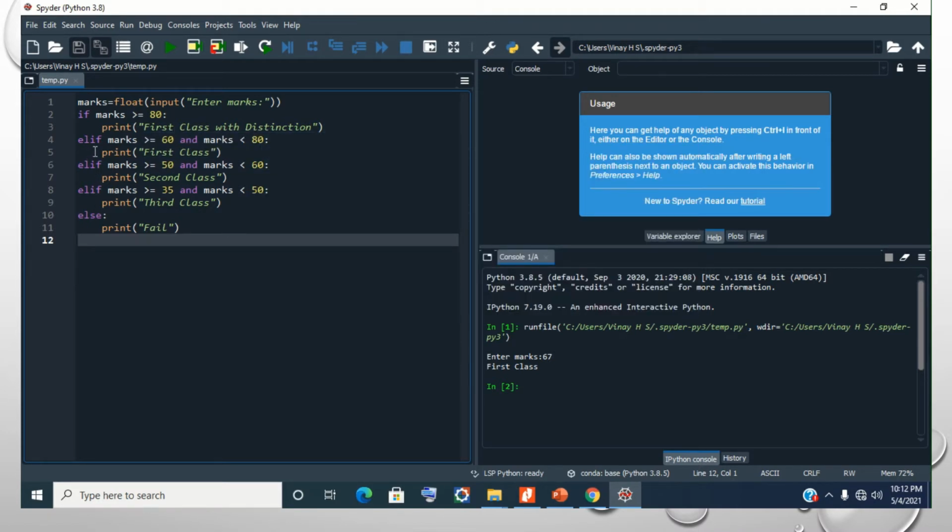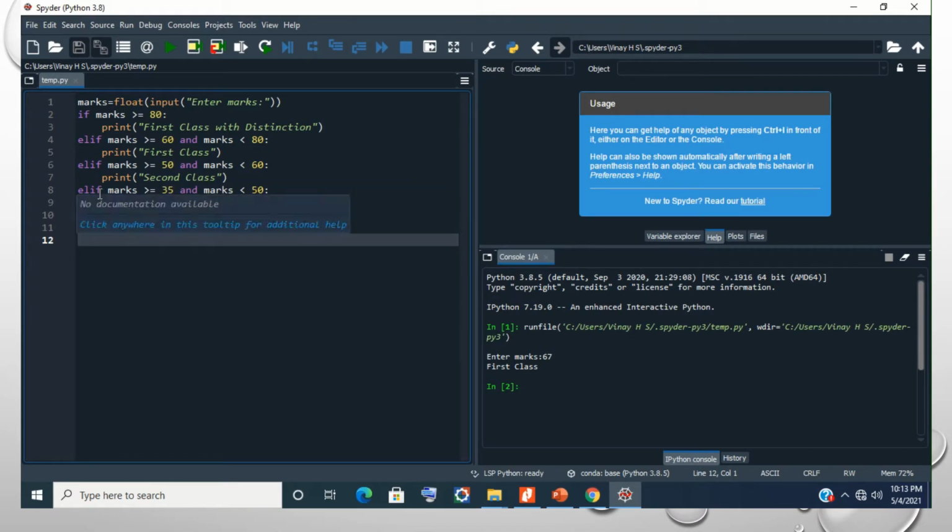Else if, again we declare one more condition: marks greater than or equal to 60 and marks less than 80, the marks between 60 to 79, so the grade is first class. Again we declare one more condition, else if marks greater than or equal to 50 and marks less than 60, the marks between 50 to 59, the grade is second class.